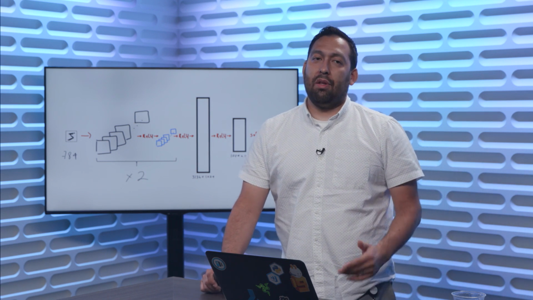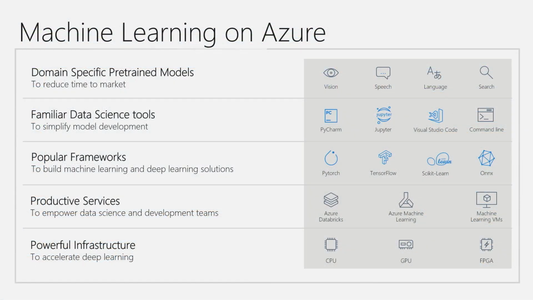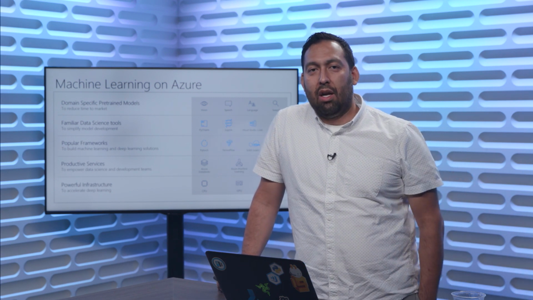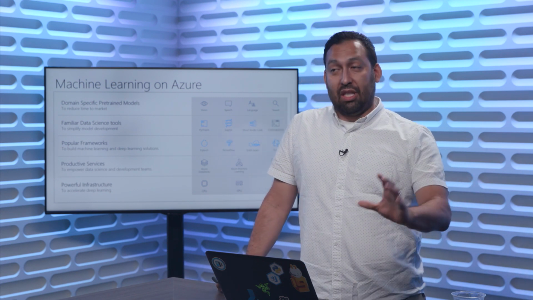You're probably wondering, well, if I want to do this in the cloud, how would I do that? Well, on Azure, we have a number of amazing tools that can help you with that. We already talked about the cognitive services pre-trained models, but if you want to use whatever you want to use, great. We don't care what you use on our cloud. Any clock cycle to us is fantastic. If you like TensorFlow, then we do too. If you like scikit-learn, that's fantastic. If you're a PyTorch person, that's great. MXNet, fantastic. If you rolled your own, you're crazy, number 1. Number 2, use it on our platform. The slower, the better. Now, obviously I'm saying that in jest,